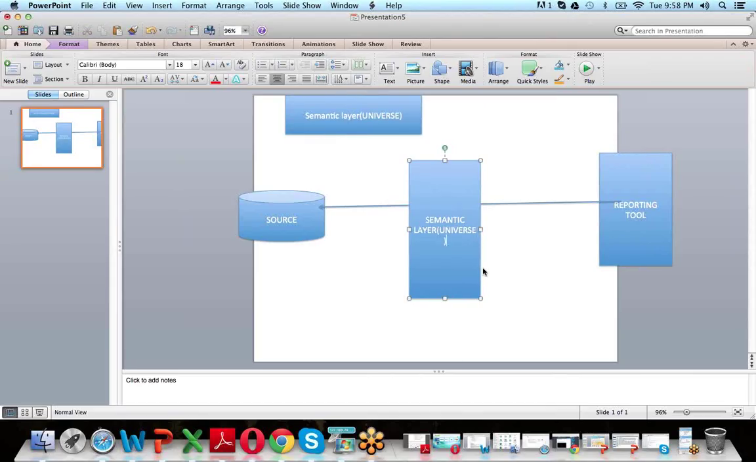Basically the universe is a file, a metadata layer, a file which consists of some metadata. We'll see what type of metadata it will consist of. Now in our team, in the Business Objects BOBI team, we have designers. Who are the designers? The designers are the BO consultants who are experts in designing the universes based on different